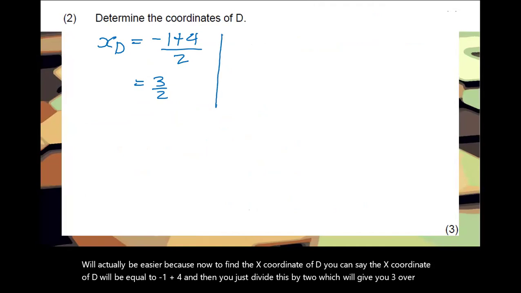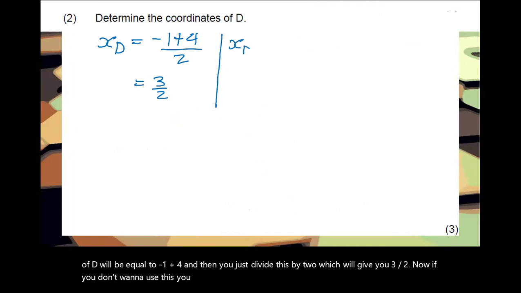Now, if you don't want to use this, you can say that the x-coordinate of D will be equal to -b